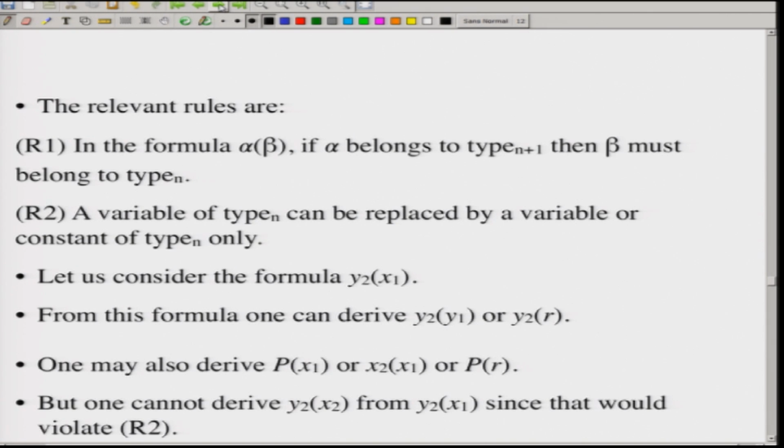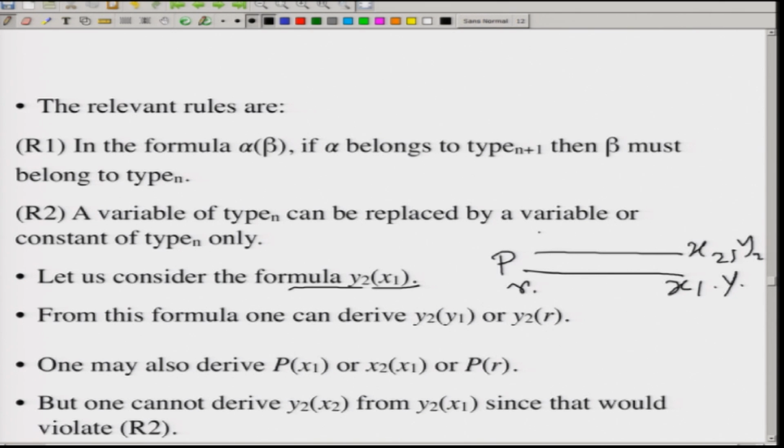Now, let us consider the formula y2 x1. The 2 means second order, that is, a second level variable. The 1 is lower, the lowest type is 1. Then there are x2, y2, and you have r here, but here you have p, and here we have something. I am not writing what those are. From this formula, one can derive y2 y1, because x1 can be replaced by y1, since they belong to the same level,